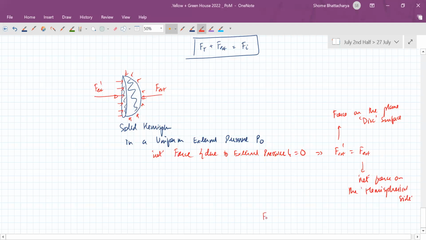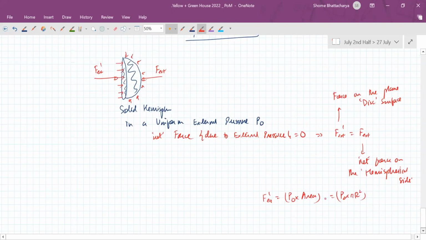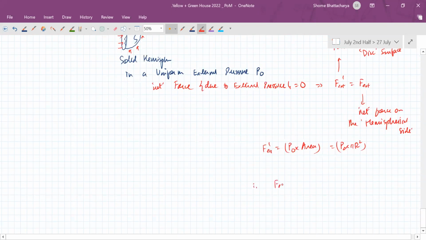Now this F external prime is very simple. It is pressure into area. So it is P naught into pi r square. So therefore, this is also P naught into pi r square. And by a similar logic,